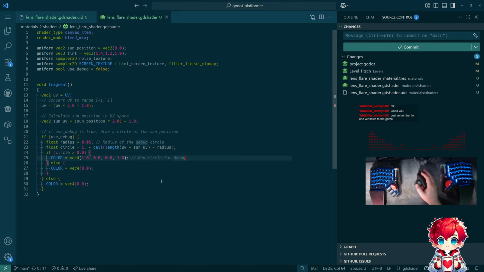But anyway, so I'm not going to be doing that. Just remember to add windows to the game. Yeah, having a building and having a window so you can let natural light in, and then have lens flare from the natural light. I definitely intend to have that